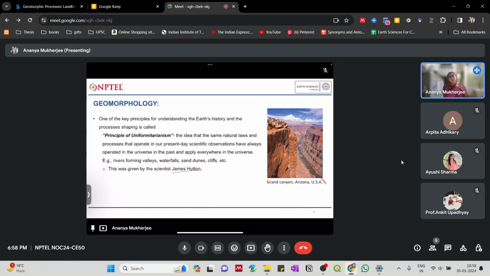Some of the very old sand dunes you can find when you are cutting a rock section, and you can see those features also. They got consolidated with years and years of buildup of sand material on top of the dunes that were formed in ancient Earth's time, thousands and millions of years ago. So geomorphology is also helpful in understanding Earth's history, Earth's sedimentation history, and the history of these different kinds of huge landforms that are formed.